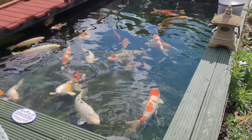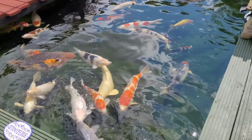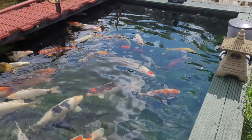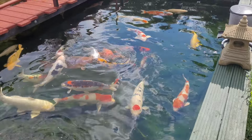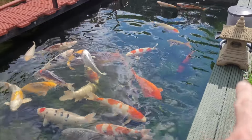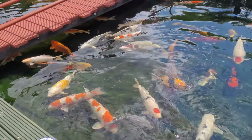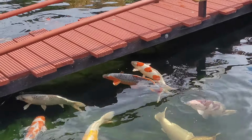And Nigel was at the show at Newark with a lot of these fish a couple of weeks back, and won a rosette and a few other prizes. The Tancho down there, Tancho Sankey, he won something or other. What else was there? We've done a couple of bits, but no, we've never been to one of the Shero... I think it was there, but I think it was that one. Sorry, the Pie at Surrey even, not Shero. He was there, but the one that won best in the class and size was the Asagi. And that is absolutely...